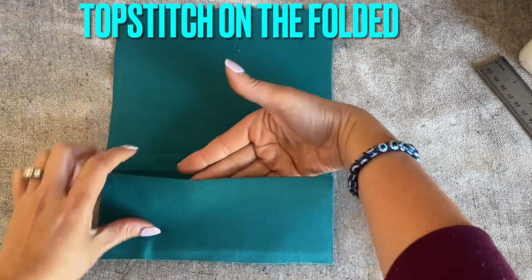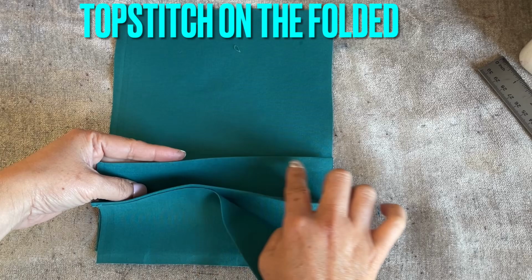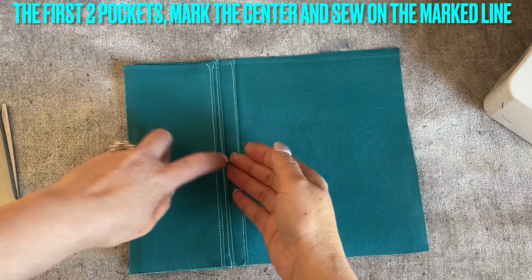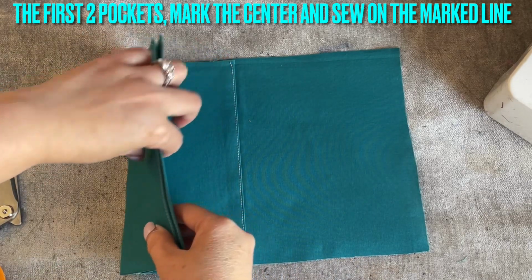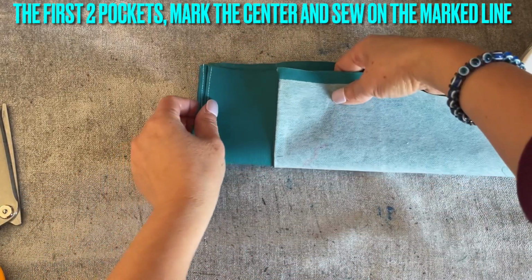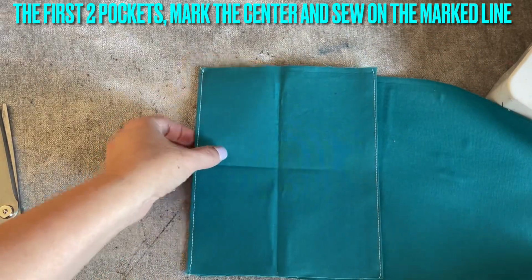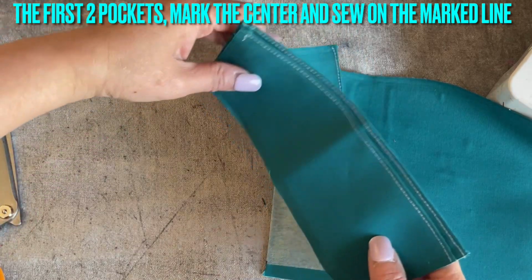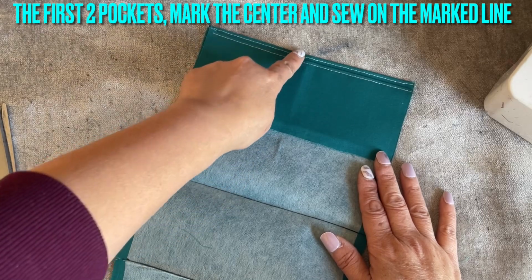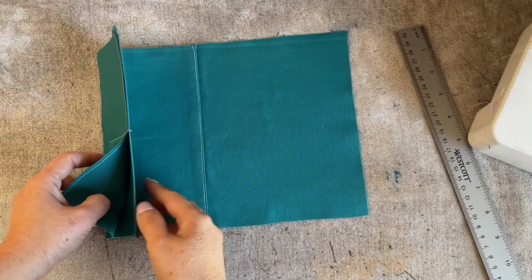You go on to top stitch on this fold, and then top stitch on this one, and top stitch on this side. After I top stitch, you can use the same thread if you want, the white. So for the 3, I'm going to take 2 and divide this into 2 pockets. I'm going to fold this way and press. Don't need to do much. I'm going to take these 2 out and sew these 2 together, so you can divide into 2. Okay everyone, after I'm done sewing this,